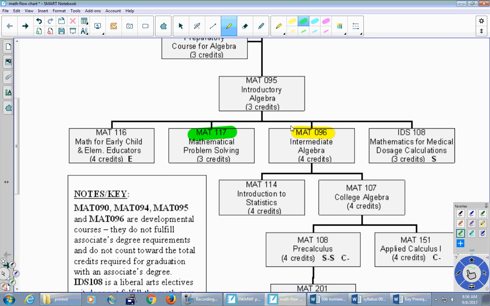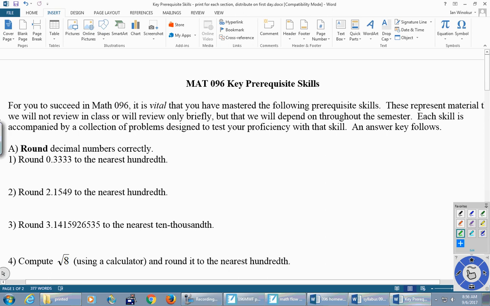I think that's everything there. Oh, one quick thing. A bunch of us were working on this key prerequisite sheet. It's a one-page handout on your page. It was just something to try to shake off a little bit of the rust. I would like you to work on this outside of class at some point as you're able. I'm never going to collect it, but if this sheet is particularly difficult for you, then let's chat right away